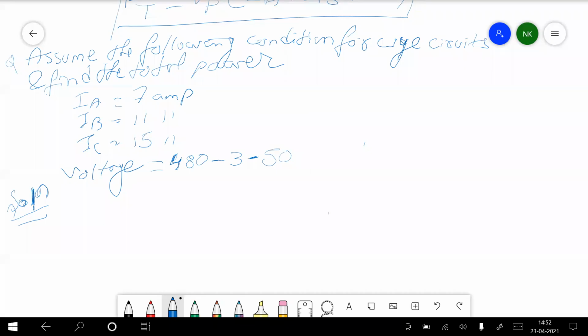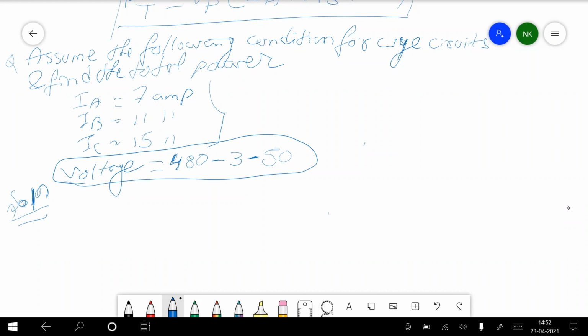Yes, who was speaking? Sasi, you or Rasid? Sir, I am not speaking. Okay, Rasid, you. Tell me, you both have unmuted yourselves. Sir, given are IA, IB and IC, and the voltage. So what voltage is it? It's a phase voltage, sir.